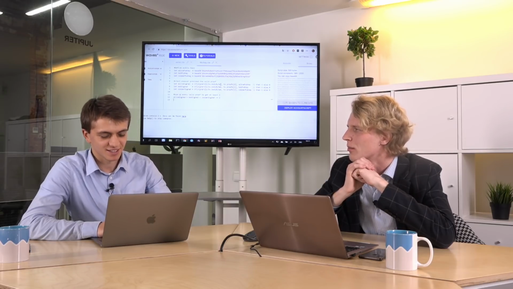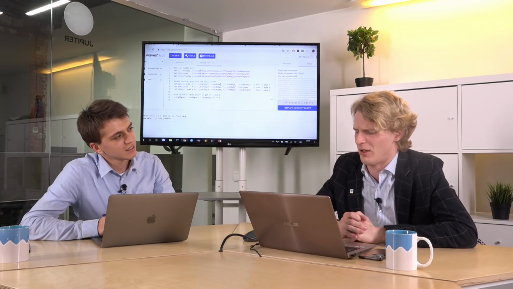Okay, I see. So the language should be developer friendly, and it should be blockchain friendly. And you said a lot about the required things, let's call it, for blockchain friendliness and for developer friendliness. Let's move a little bit forward. After the Smart Accounts release, a few months later, we had the Smart Assets release. So what was the main idea of Smart Assets? Oh, it was exactly the same,